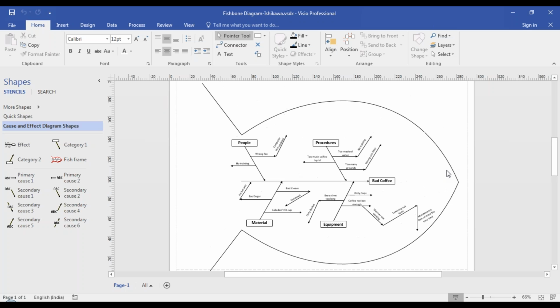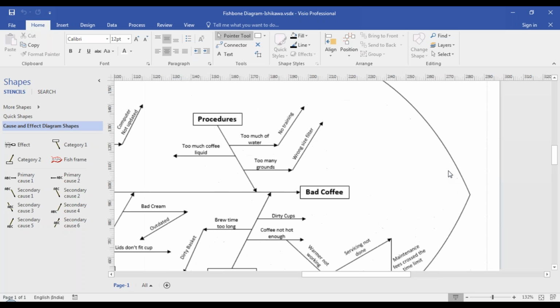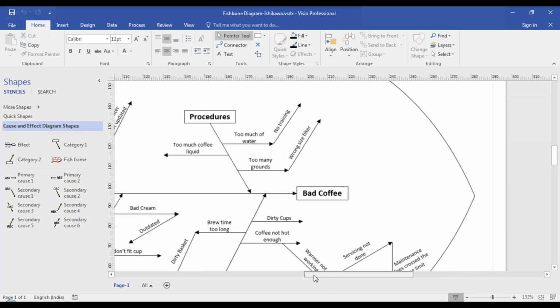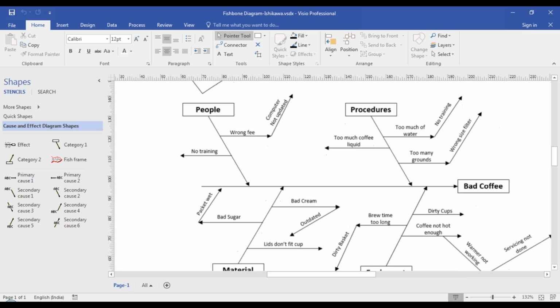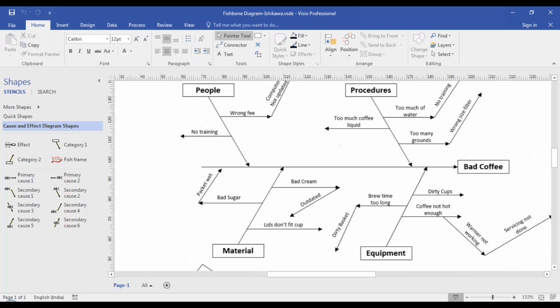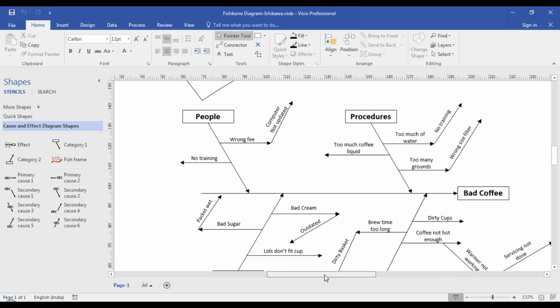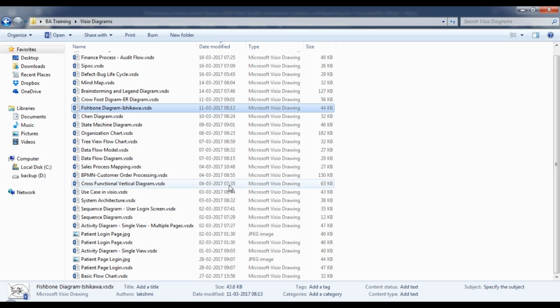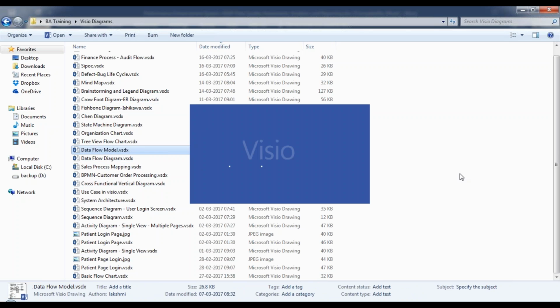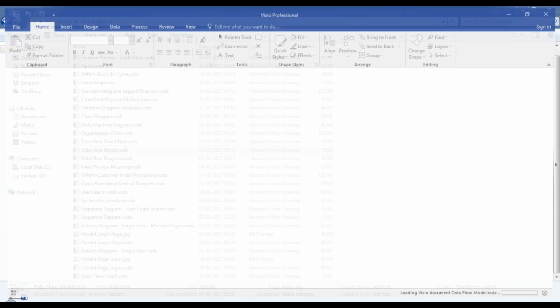So here's a fishbone analysis, very important. How a fishbone analysis is done. It's also referred to as a cause and effect diagram. It's a very, very easy diagram. If you have the cause and effect defined, you can very well go ahead and create the fishbone diagram. There are so many other diagrams which we will be covering as a part of this program.